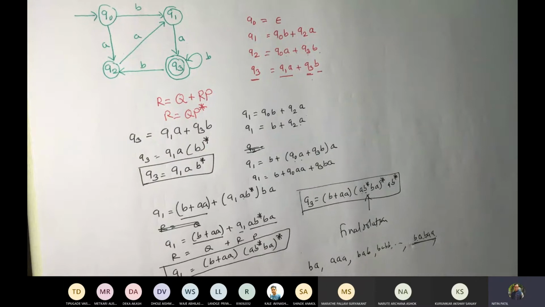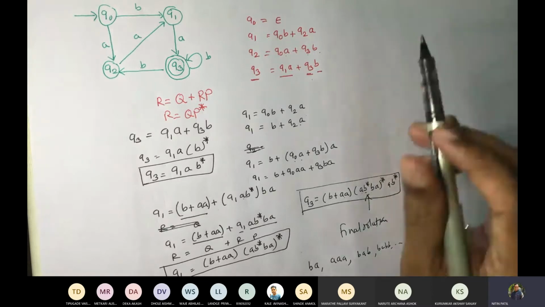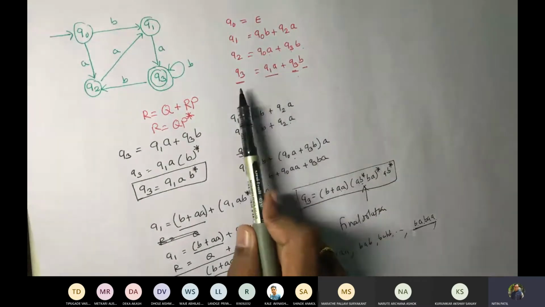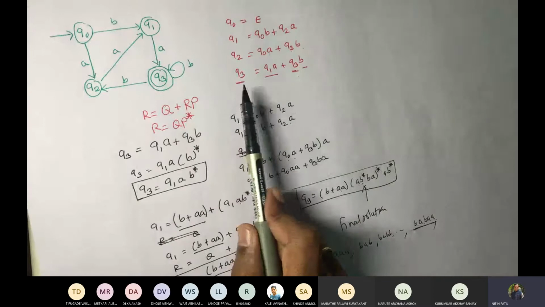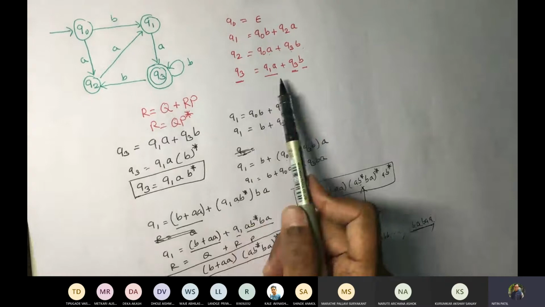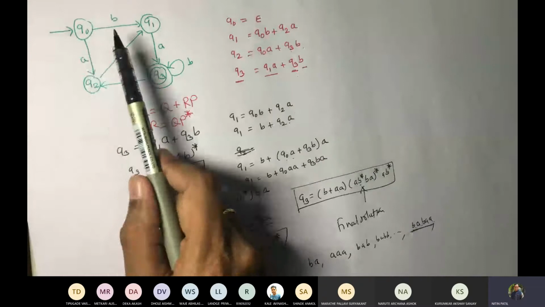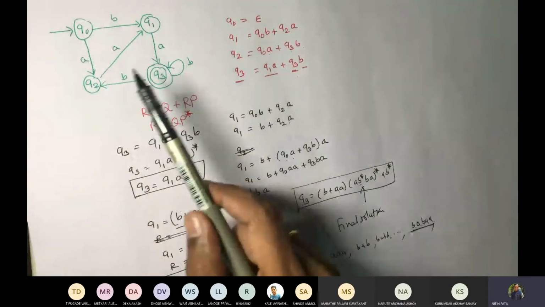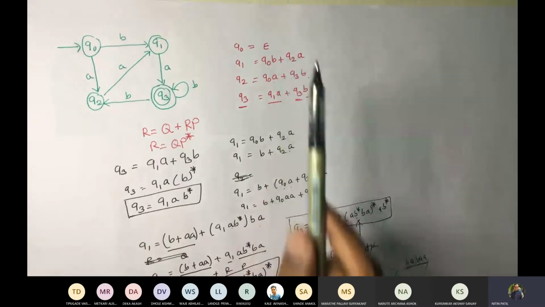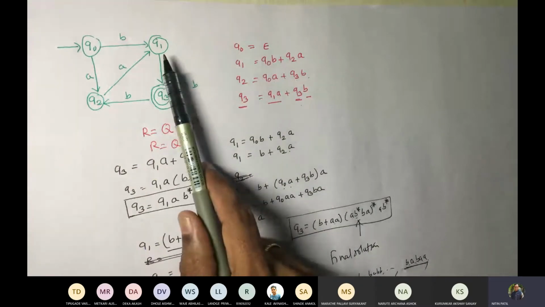Fine. So you have to mainly concentrate on these equations, how you write these equations, and then the replacements. Always note that while solving this example, you require the equation for the final state to be simplified. Correct. So it is really important for you to see how to address this. So if I go with this Q0, Q1, Q2, Q3 equation, we said that for the initial state there is no incoming transition. But as per Arden's theorem, you have to always write x plus epsilon for the initial state. Correct. Secondly, for each other state, try to write your equation. So you have to concentrate on a state by state basis.